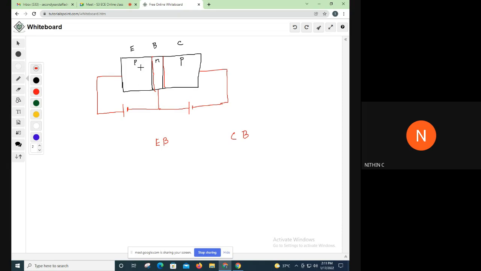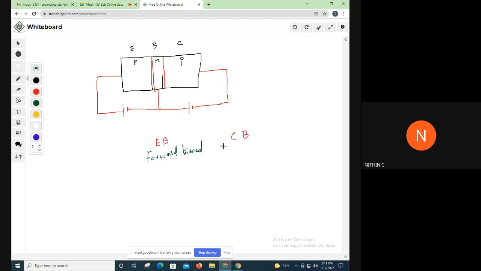If you look at this figure, this just acts like a PN junction diode. Right? A transistor is nothing but two PN junctions kept inverted in the structure. You have a PN junction over here, you have a PN junction over here, or you can say NP junction. So from the figure it is clear that the emitter base junction is forward biased. And what about the collector base junction?